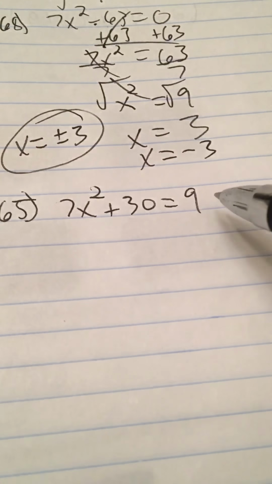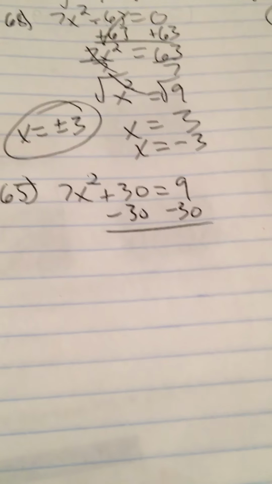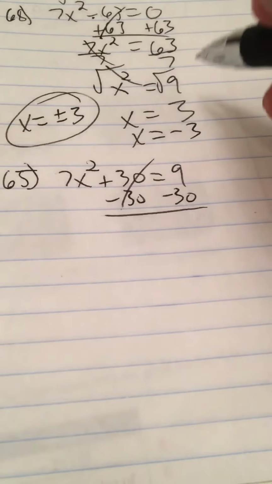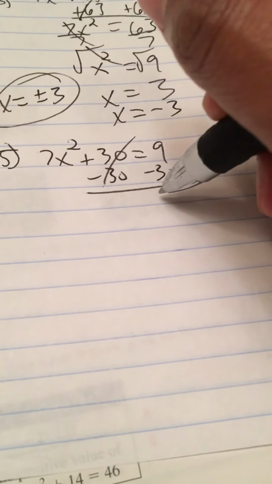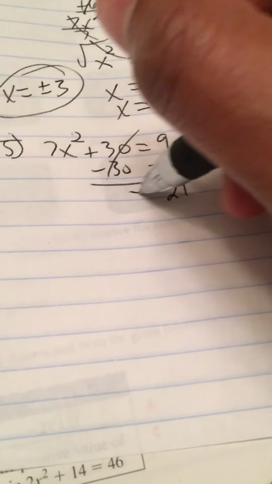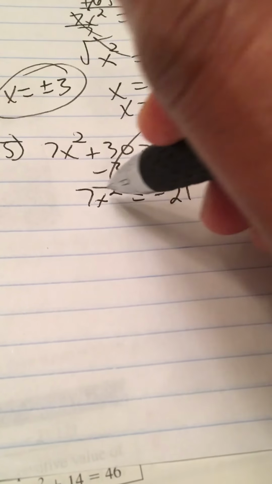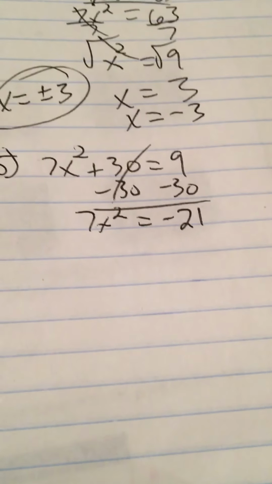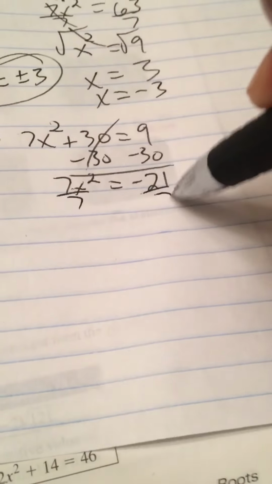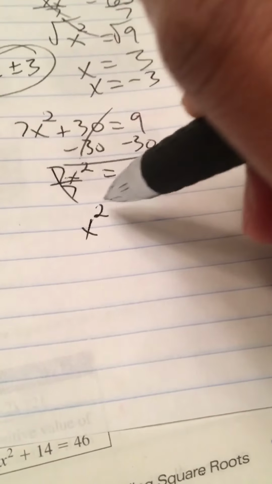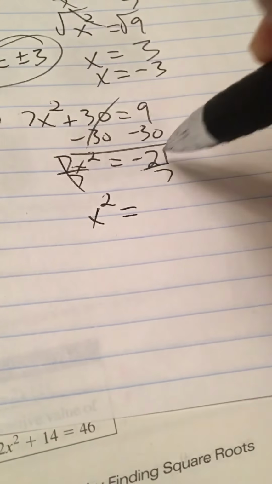The easiest thing to do is to get the one not attached to me away first. So if it's a plus 30, I know I have to subtract both sides by 30. Undoes 30 there. 9 minus 30, I believe, is a negative 21. Bring down what's left, right? Now, to get x by itself, time to get rid of 7. It's too close to me, right? 7 times x squared. So if I divide both sides by 7,